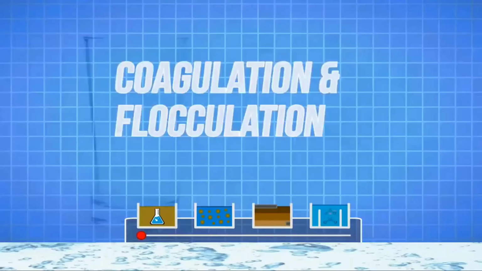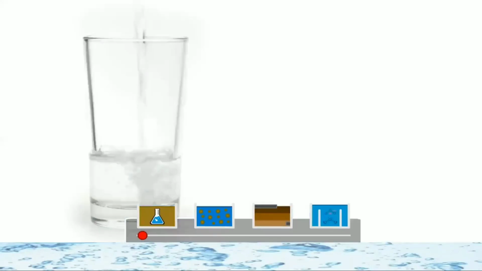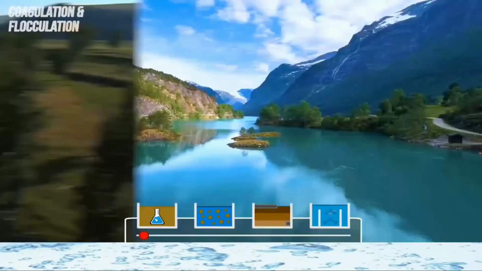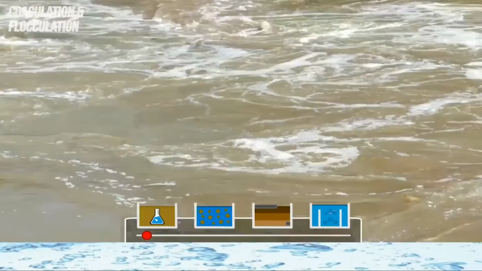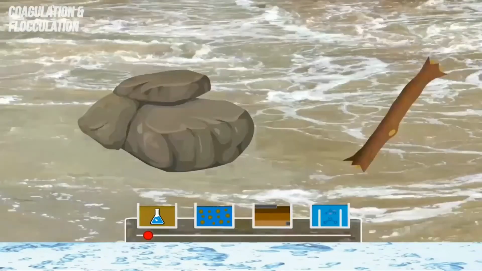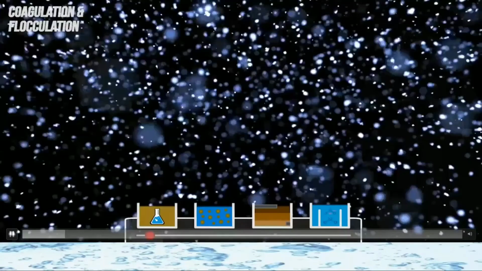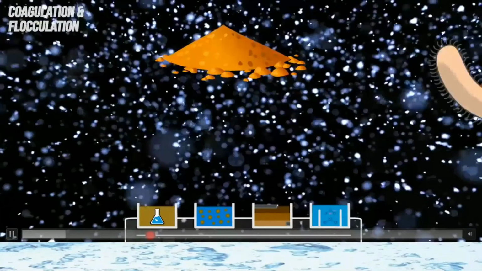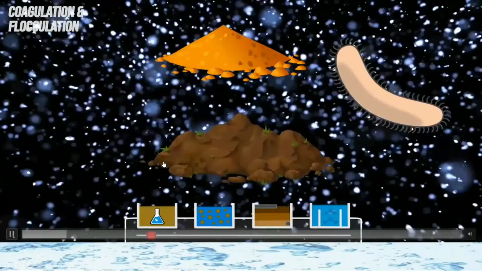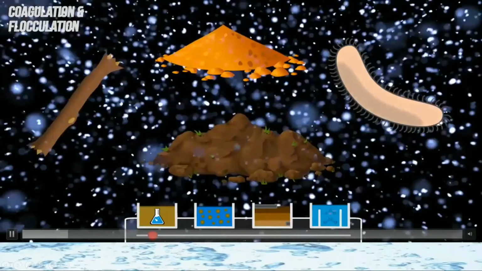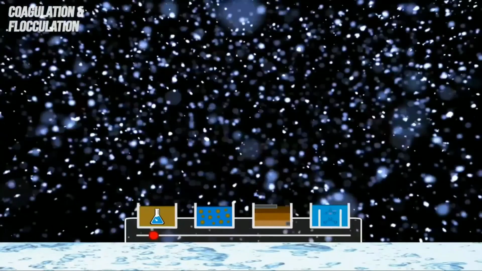All drinking water has to come from somewhere, usually being freshwater lakes, rivers, wells, or streams. In these water sources, there's going to be some amount of sediment as well as organic materials in the water. These particles of sand, bacteria, dirt, wood, etc., they all have to be removed before the water can be sent out to city residents.